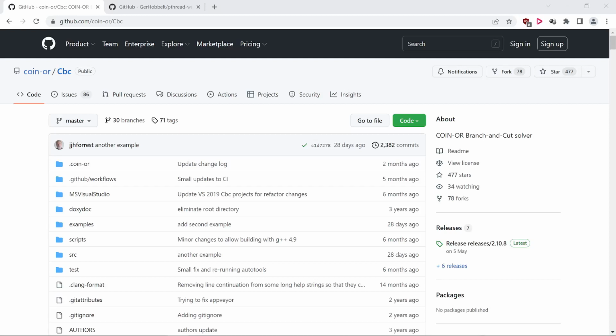Hey guys, welcome back to another video about the CBC solver. Recently I was asked, how do you compile a parallel version of the CBC solver? The CBC solver itself is capable of doing calculations in parallel, and there is an instruction on the GitHub page